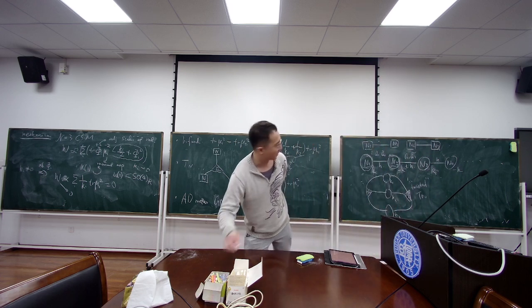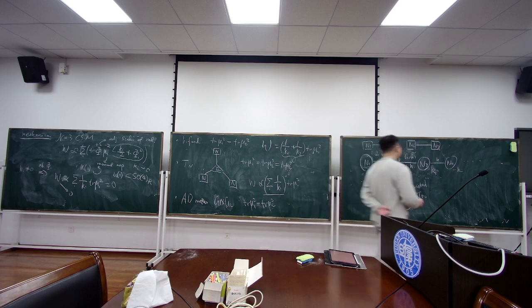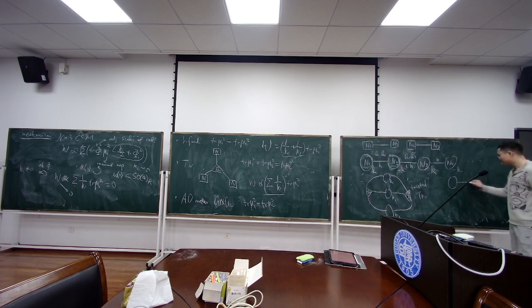Let me just spoil. For this one, you don't have a Coulomb branch, because I can compute the Coulomb branch index is actually 1, so it's not interesting. It only has the Higgs branch. But however, if you start with this one,